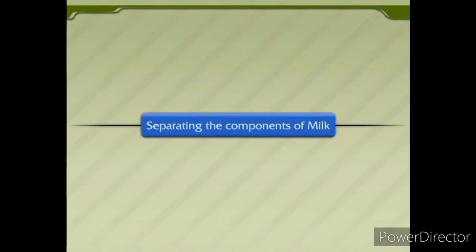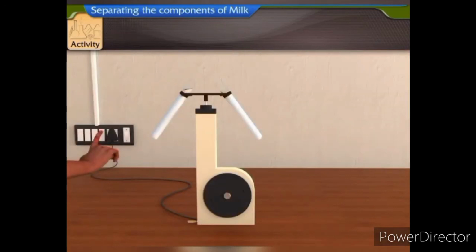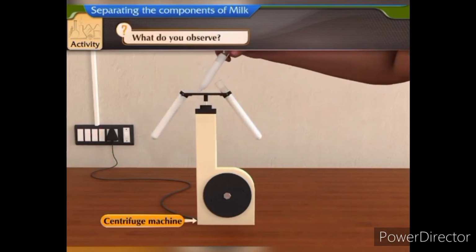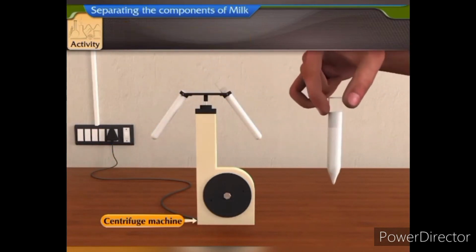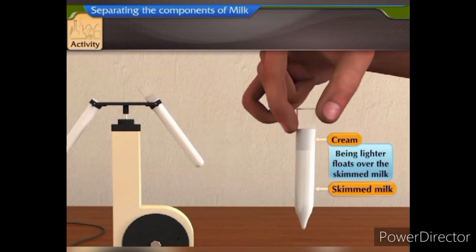Separating the components of milk. Let us perform an activity to separate cream from milk. Take some full cream milk in a test tube. Centrifuge it using a centrifuge machine. What do you observe? Milk gets separated into cream and skimmed milk. Cream, being lighter, floats over the skimmed milk. This method of separation is called